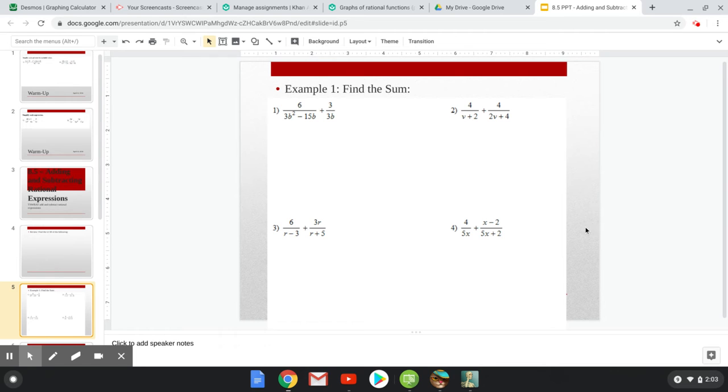Okay, this is 8.5. We're going to be doing example 3 of adding rational expressions. This one, hopefully the first thing you notice is that there is nothing in common about these denominators. They're completely different. So our common denominator,